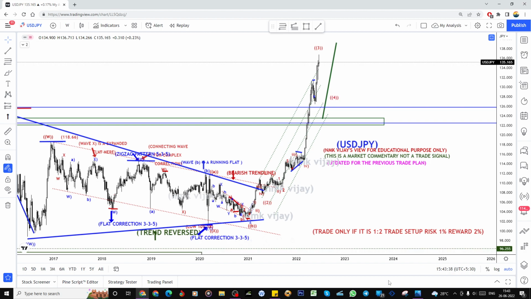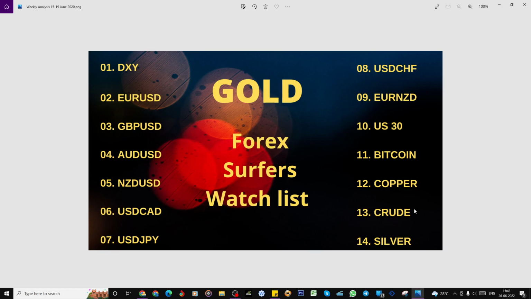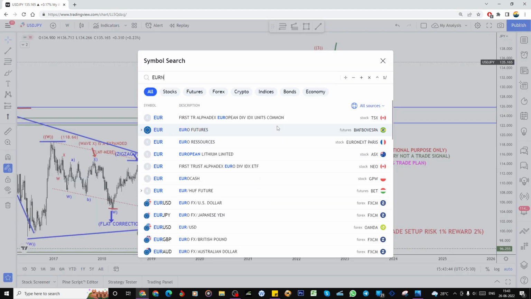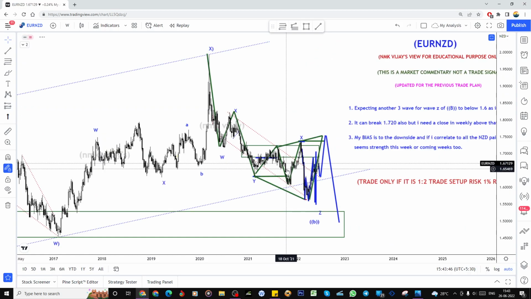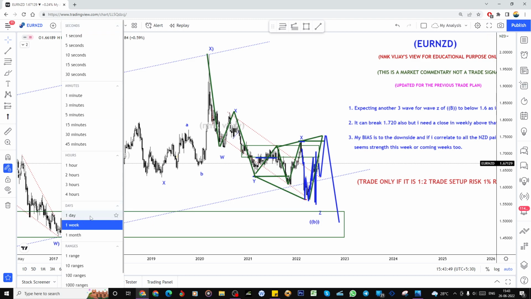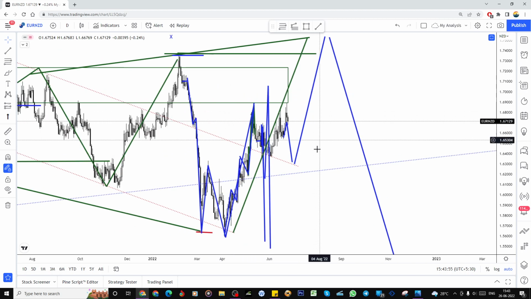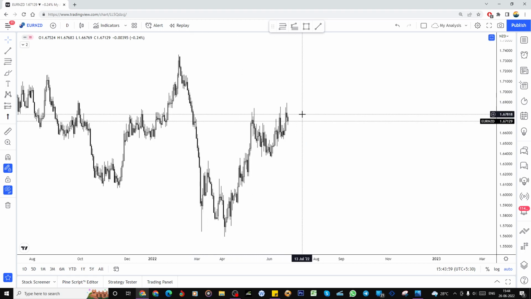So what is next? We will go to the Euro New Zealand. Euro New Zealand, my target is 1.52. What I explained last week, very well explained. From here, I'm expecting this one. Let's wait for it to do this, and it has already broken the previous high also, and I already informed that